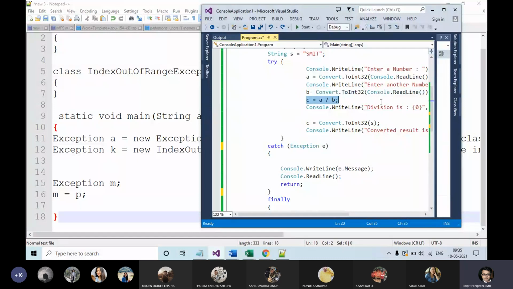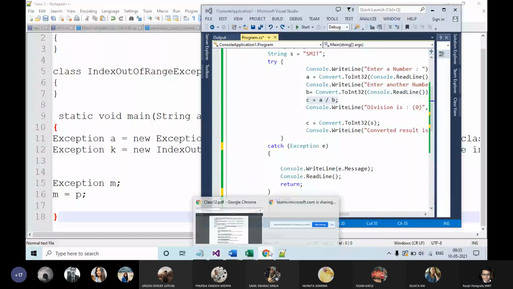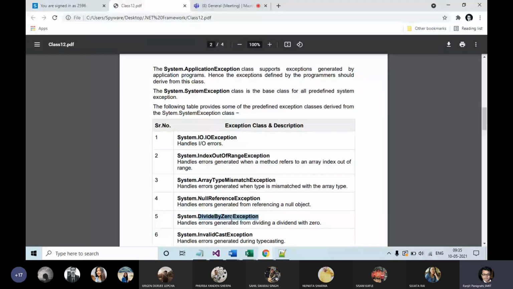So now when the object is thrown out, divide by zero exception object has been thrown out. Remember, it creates object of which class? It creates object of divide by zero exception class. Not the exception, not the application exception. It creates the divide by zero exception class. Okay. Then it throws out.